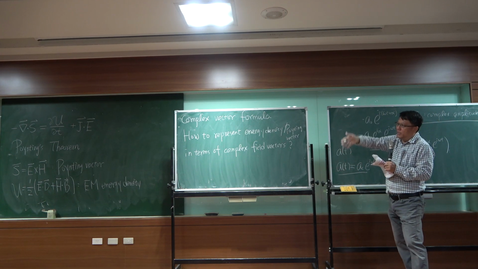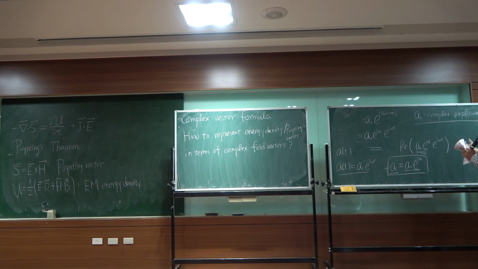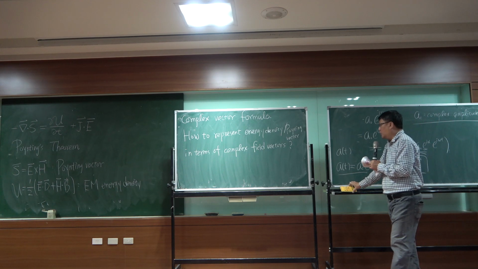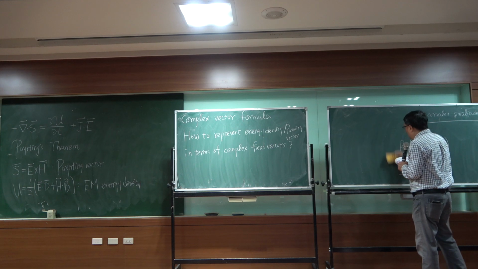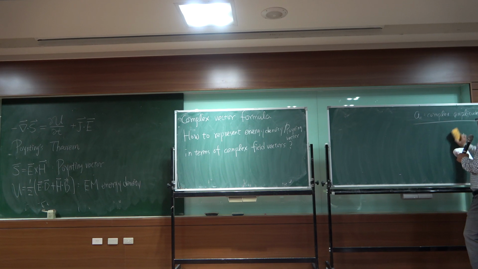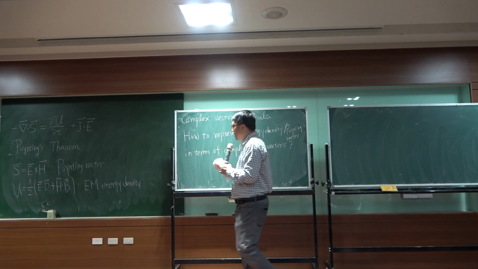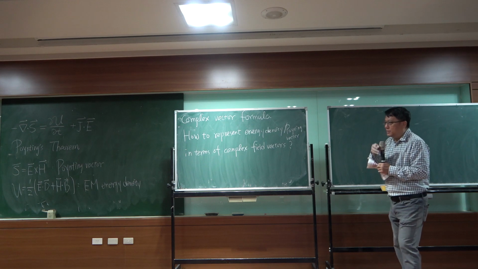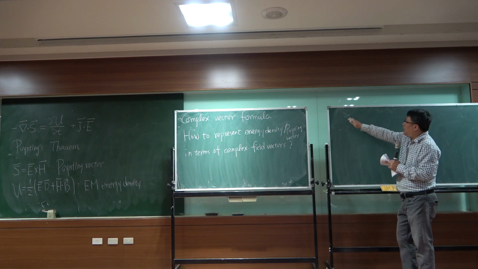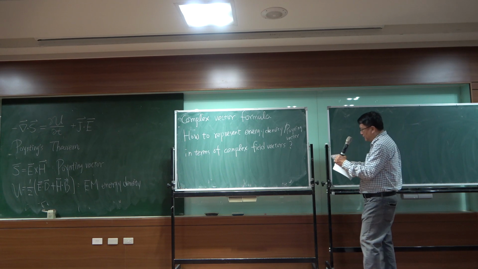For the linear field vector, we can take the real part to represent the real physical field. However, how to represent the quadratic function of the field vectors? Can we still take the real part of the square of the field? No. This is because if we consider something like this,